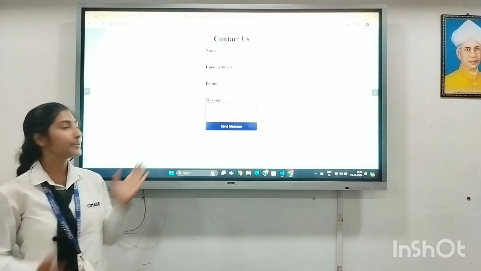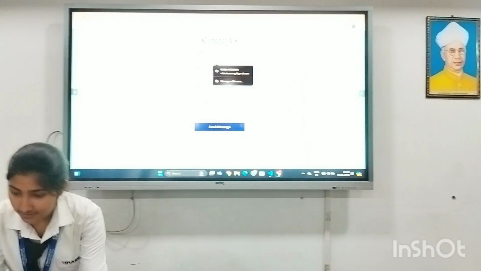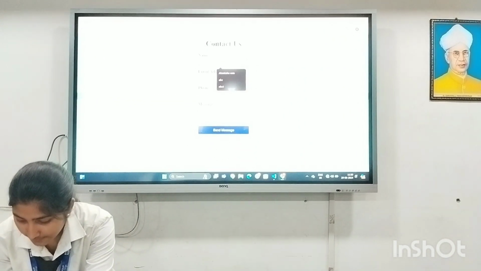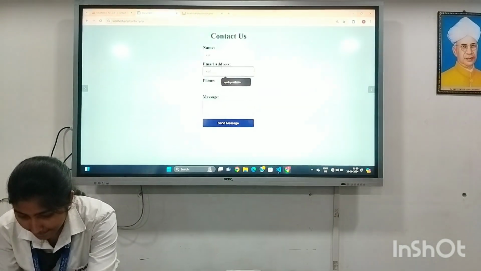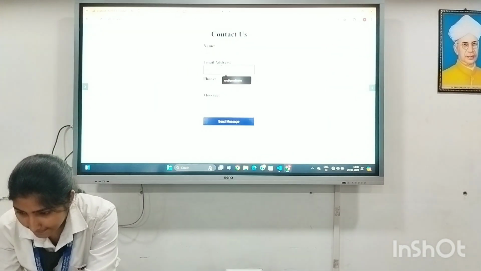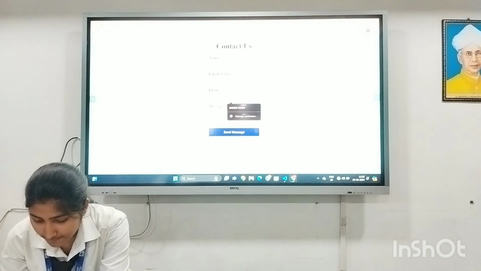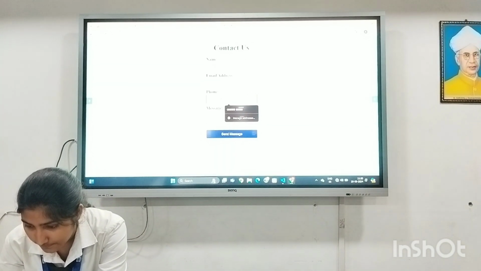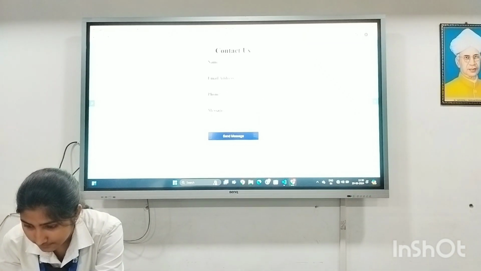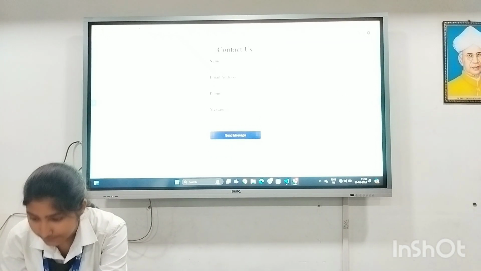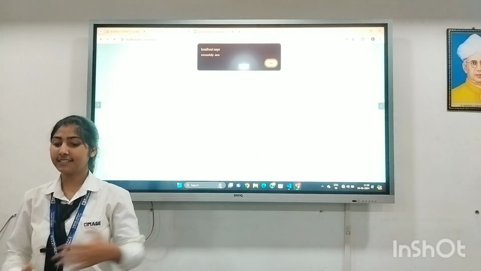So here this is a very simple form. Now I'm going to insert the data. Nice. Here you can see the alert that says successfully saved.